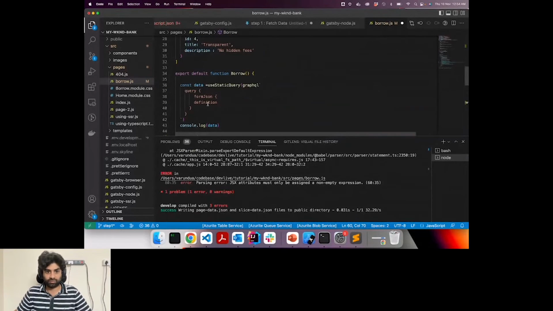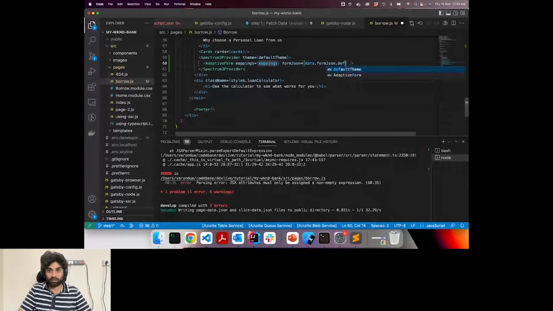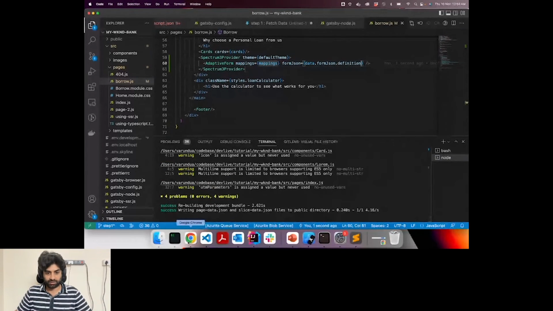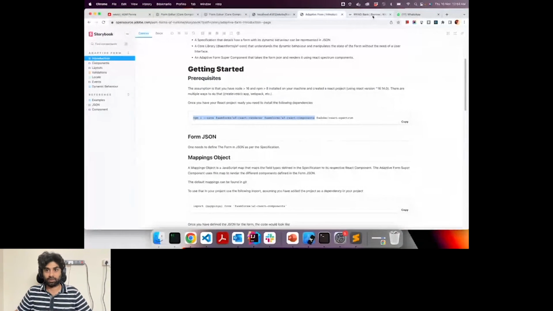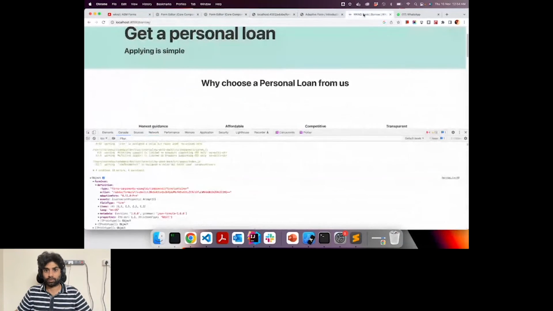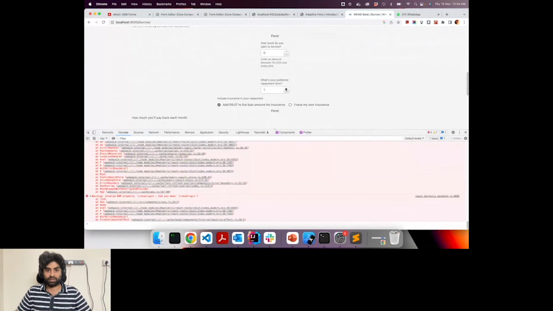The structure of the data would be data.formjson.definition, which we are interested in. Once we do that, it gets run, the errors have gone away, and you can go to the page, and you can see the form is getting loaded.